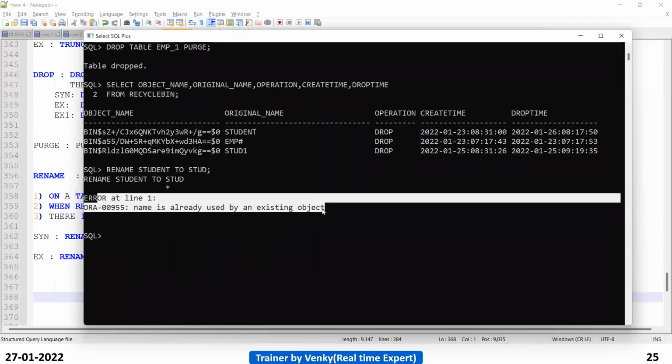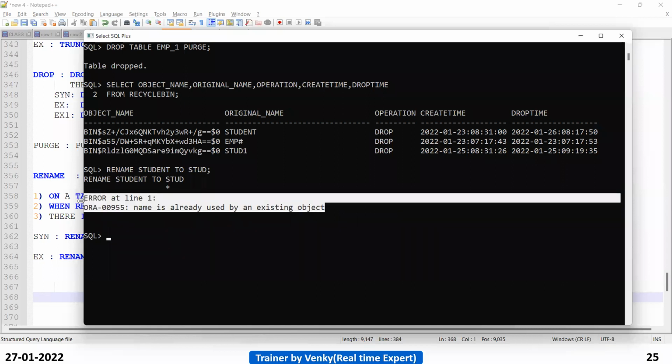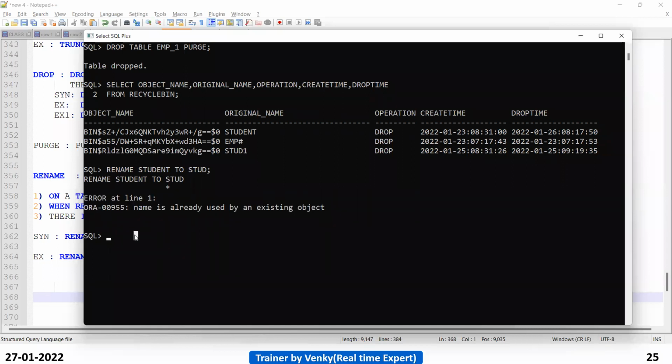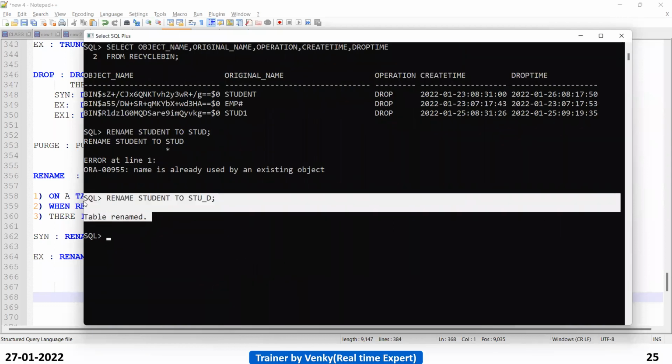Name is already used by an existing object. Why is it throwing an error? Because STUD is already there. Yes, the STUD table already exists in the database. Now I am doing STU_D. See, now the table is renamed.